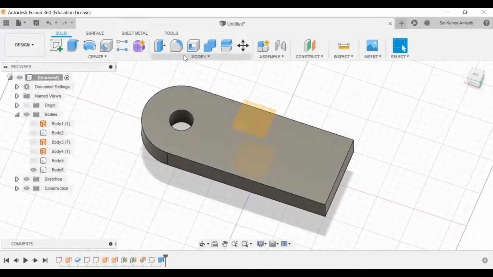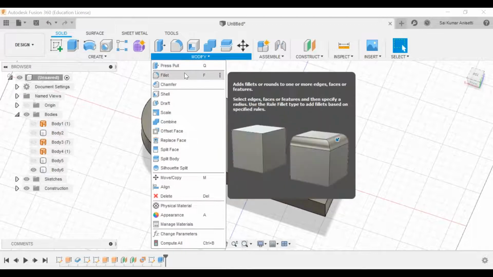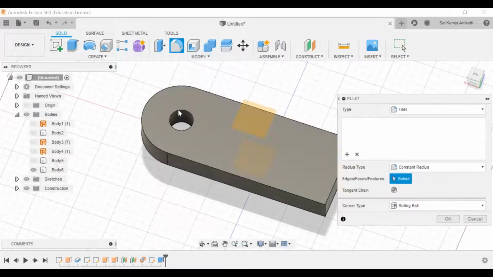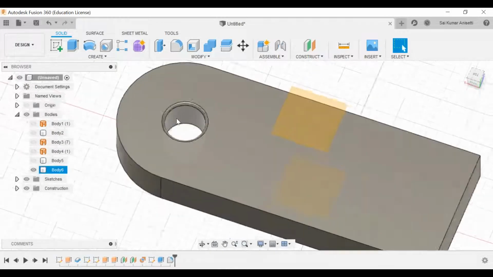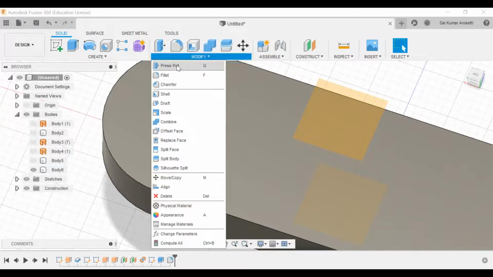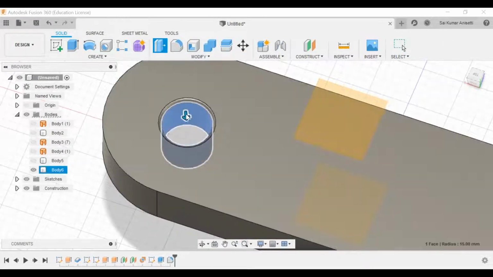Now press pull can also be used with fillets and chamfers. If I have a fillet over here and over here, let the fillet be 2 mm. Click OK. Now there are fillets over here. Go to press pull. Now you have this option.